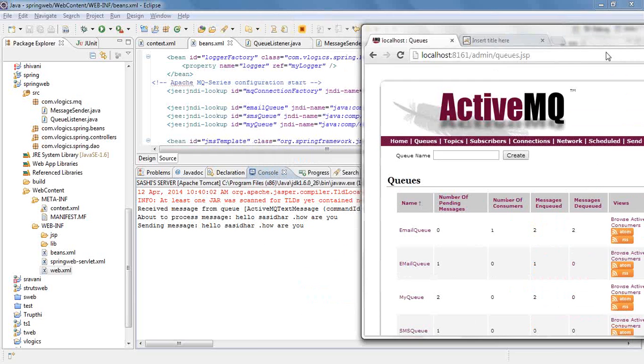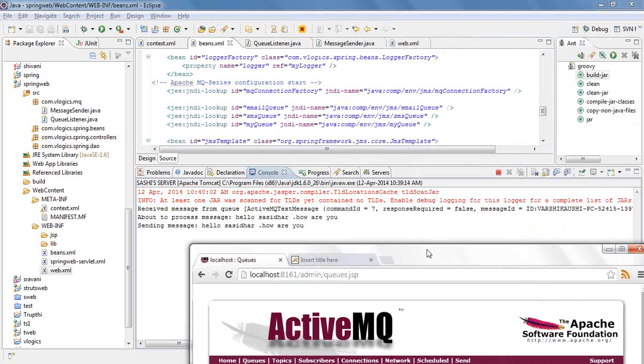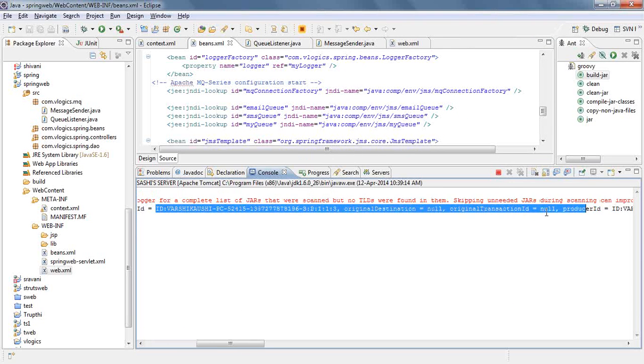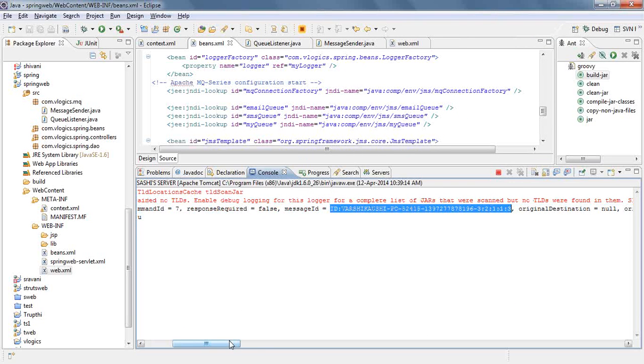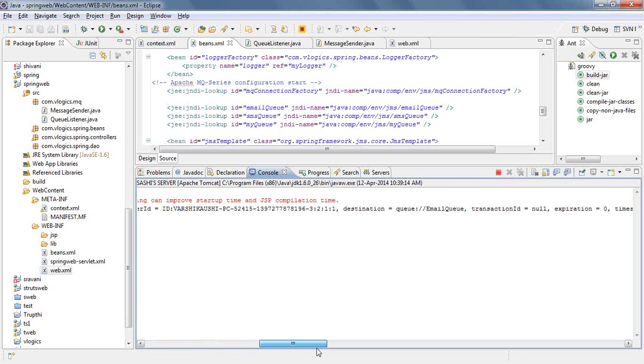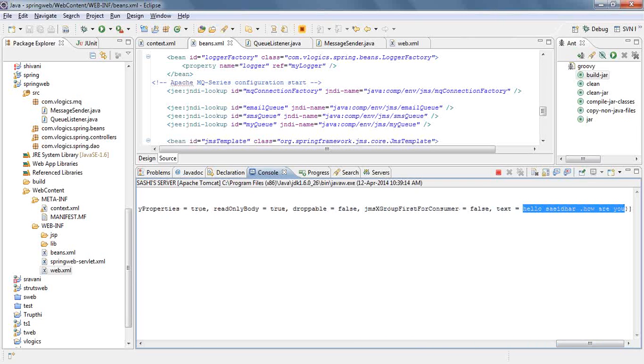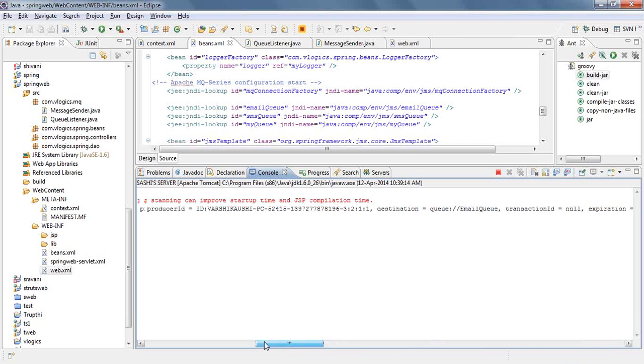A message ID is this one. This is my system, so it gives some unique ID for each and every message. So the original message is null, and its destination is email queue, and the message is, what is it? Hello, Sish there. This is a message coming in. So now,